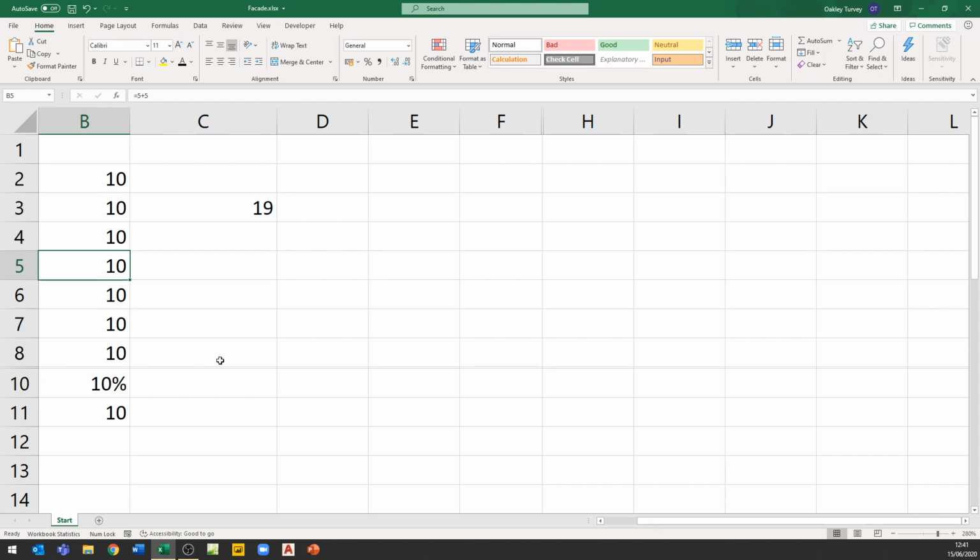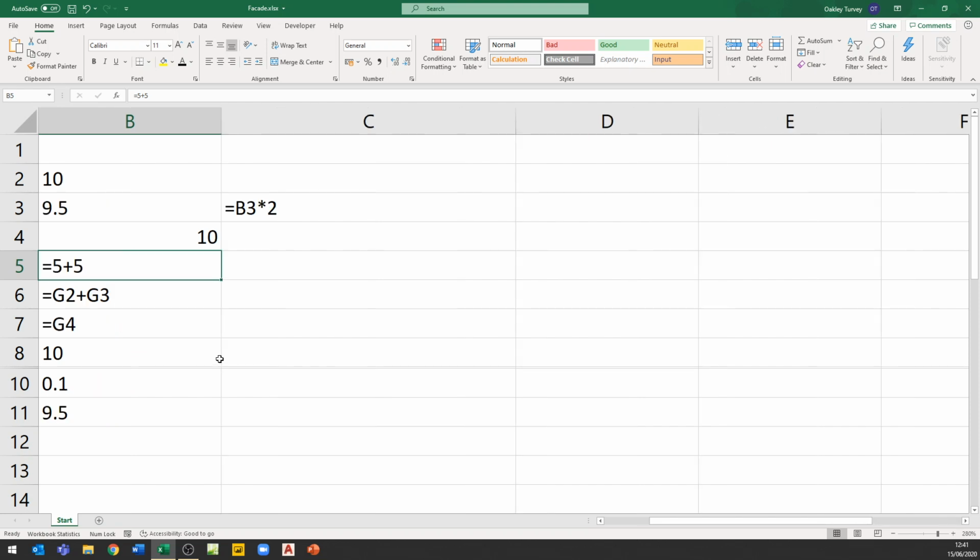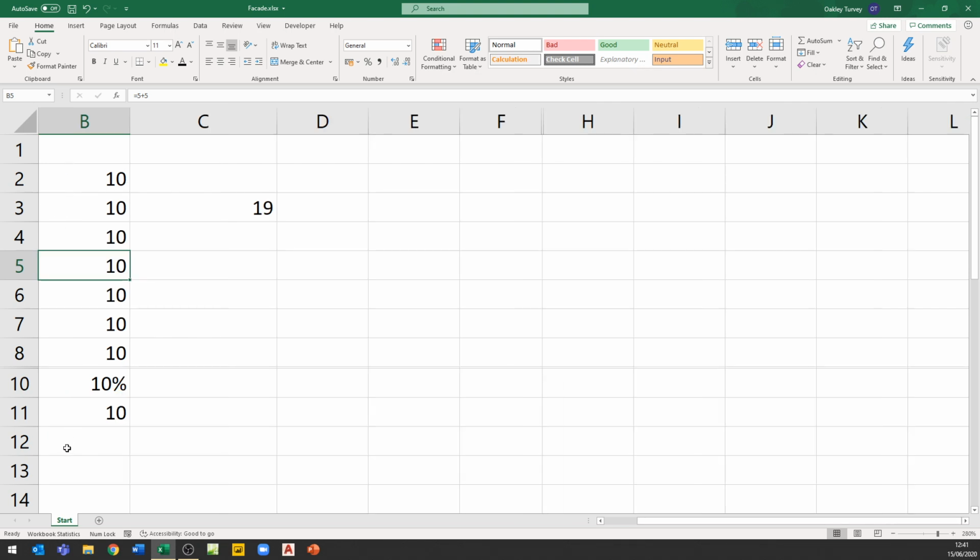Now what I can do is press Control Grave, and that will show me all of the things behind the mask rather than the mask itself. But again, I think you'll agree this is actually what we want to see rather than all the stuff behind it. Next cell down, something similar, except rather than having hard-coded 5 plus 5, this has references to